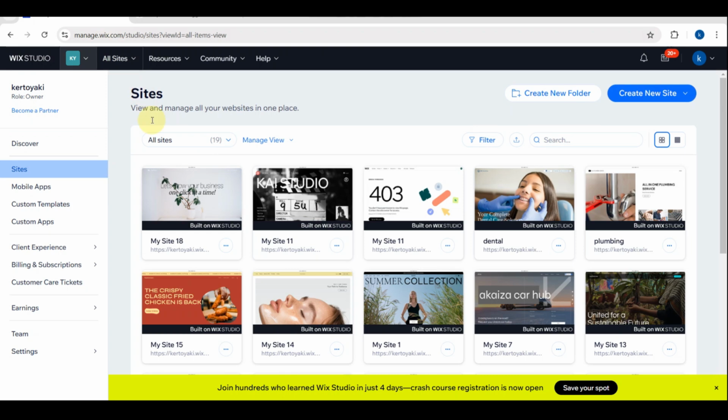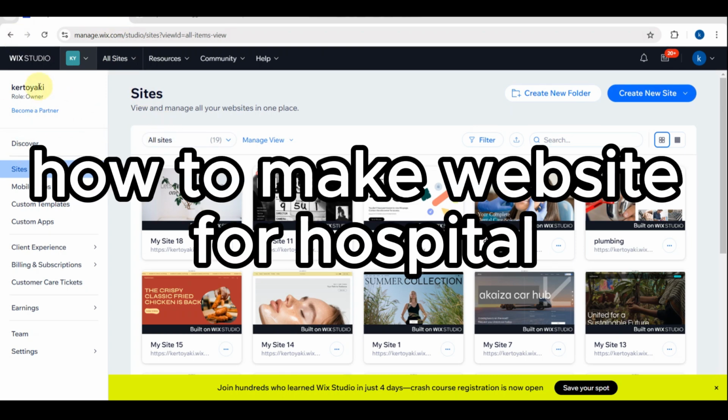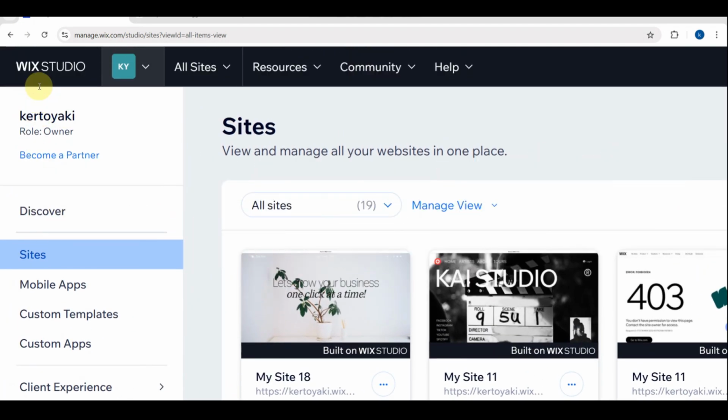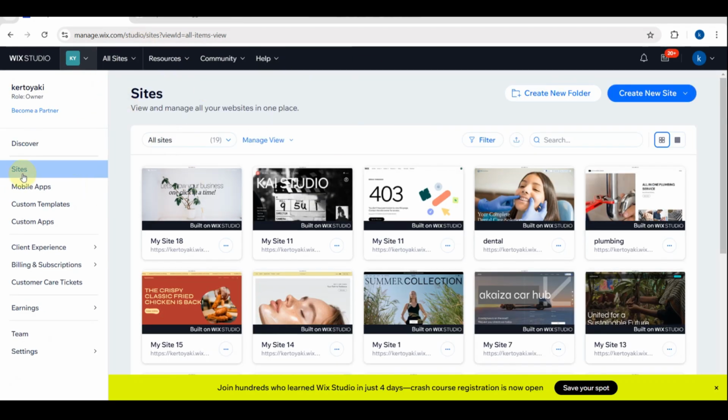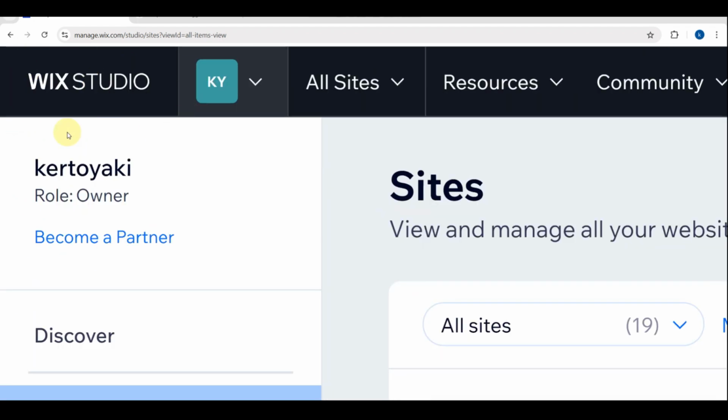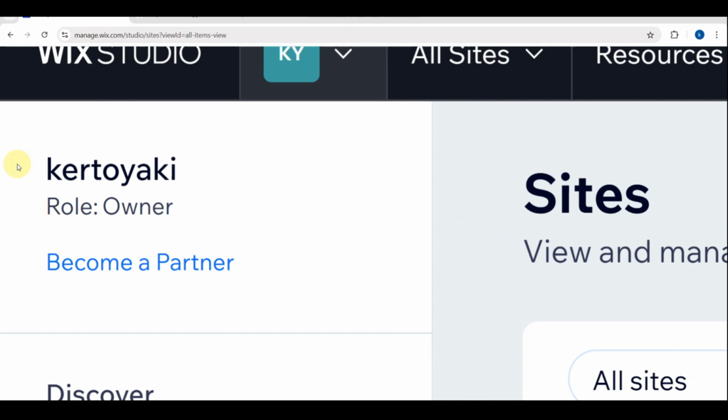In today's tutorial I will show you how to create a hospital website using Wix. This is a well-designed hospital website that helps patients find important information, book appointments, and learn about the services your hospital provides. As you can see here, the first thing you need to do is